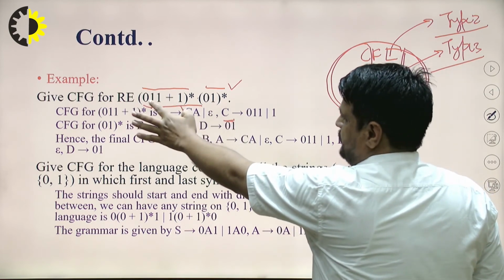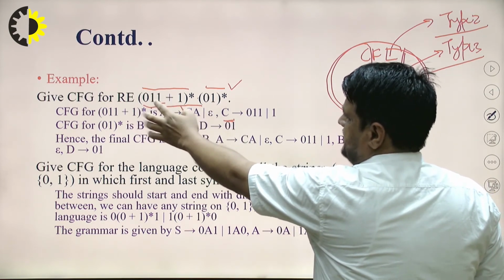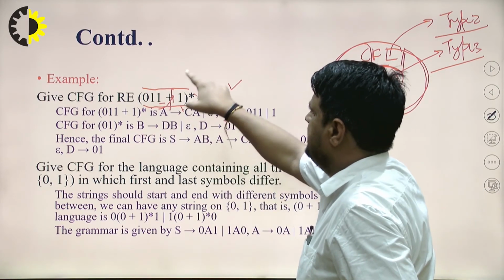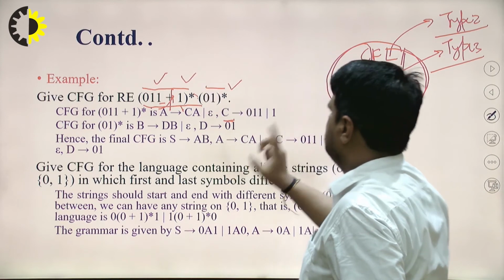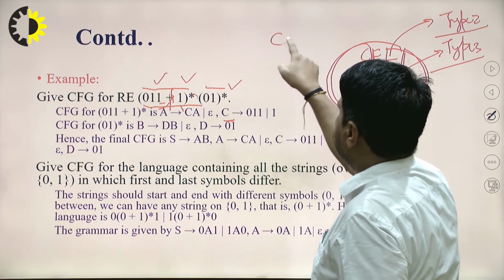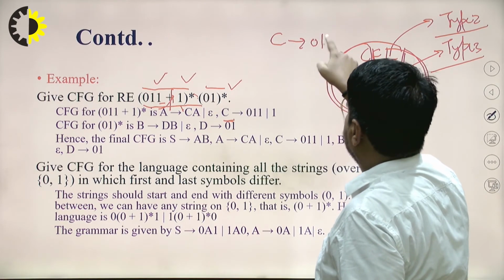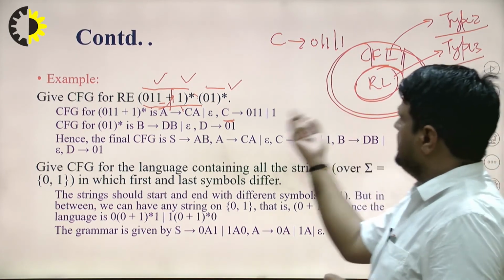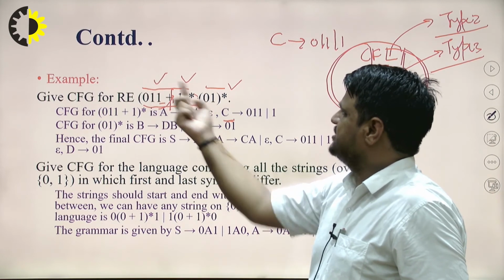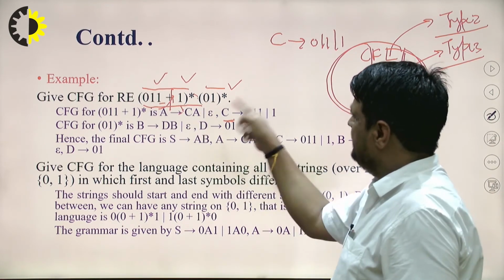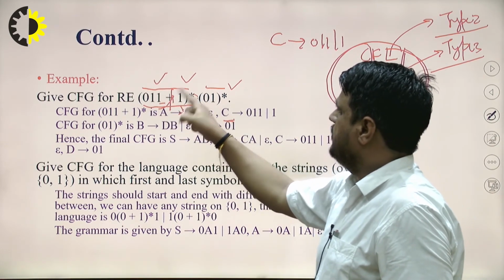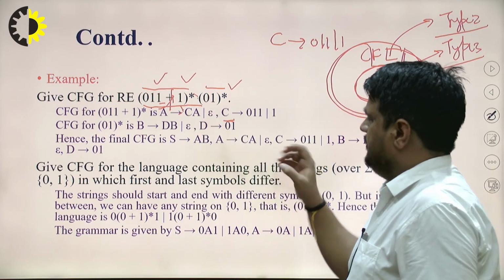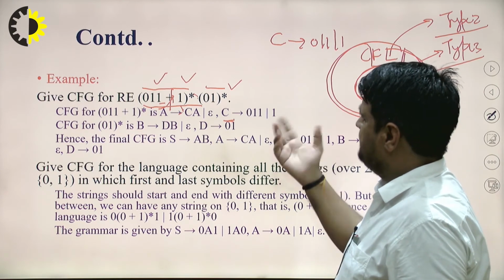We have to denote this one. So, what do you mean by it? This is an alternative. Plus is an alternative choice. Either this one or this one. So, we have written C tends to 0, 1, 1 oblique 1. Okay. After that, this particular regular expression tells us the repetition of this 0, 1, 1 oblique 1, meaning union, alternative, may occur so many times, 0 or more times.